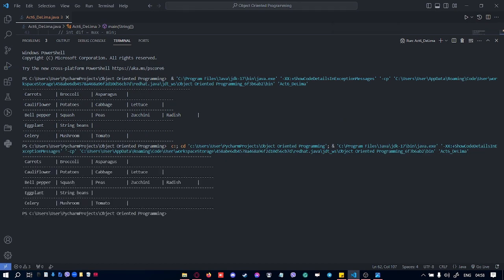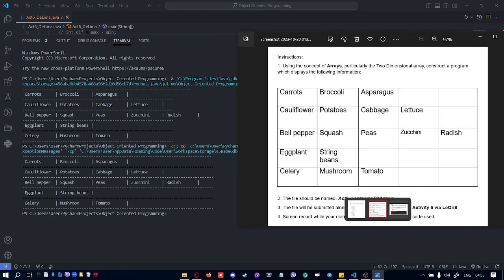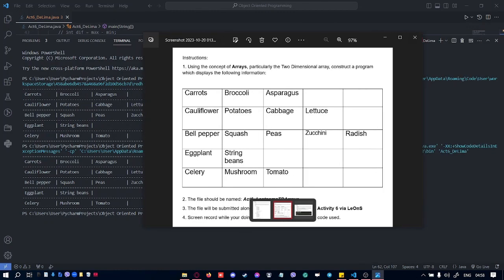So there we go. So let's check. So we have here carrots, broccoli, asparagus, and then cauliflower, potatoes, cabbage, and lettuce, bell pepper, squash, peas, zucchini, radish, eggplant and string beans, celery, mushrooms, and tomato. So that's it for activity 6 arrays, and